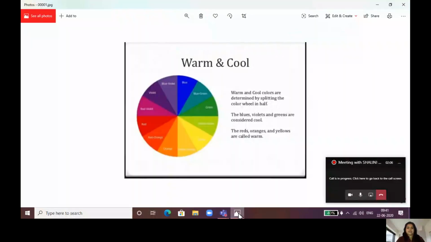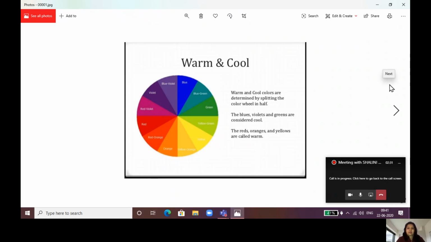Before starting with the exact art activity, let's have a quick revision. Why am I saying revision? Because for 2 to 3 years, maybe from KG, you have all learned about different types of color, right?